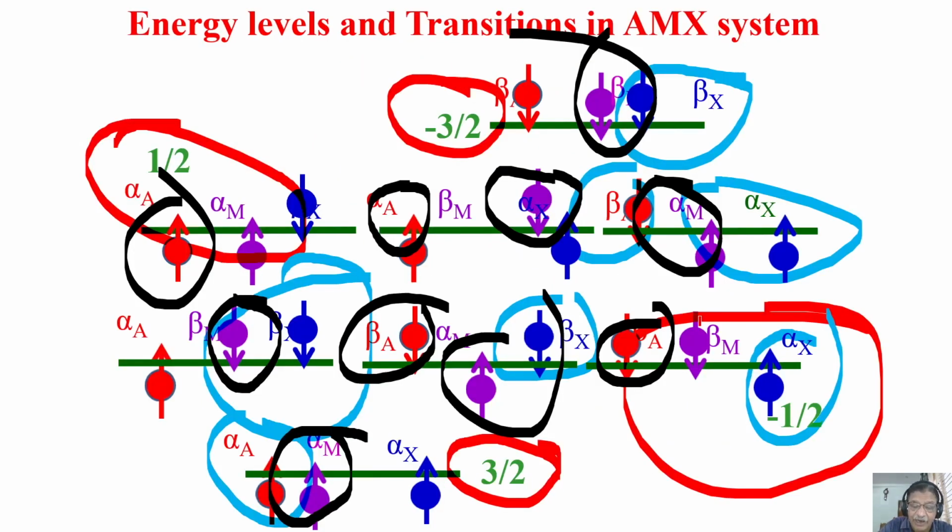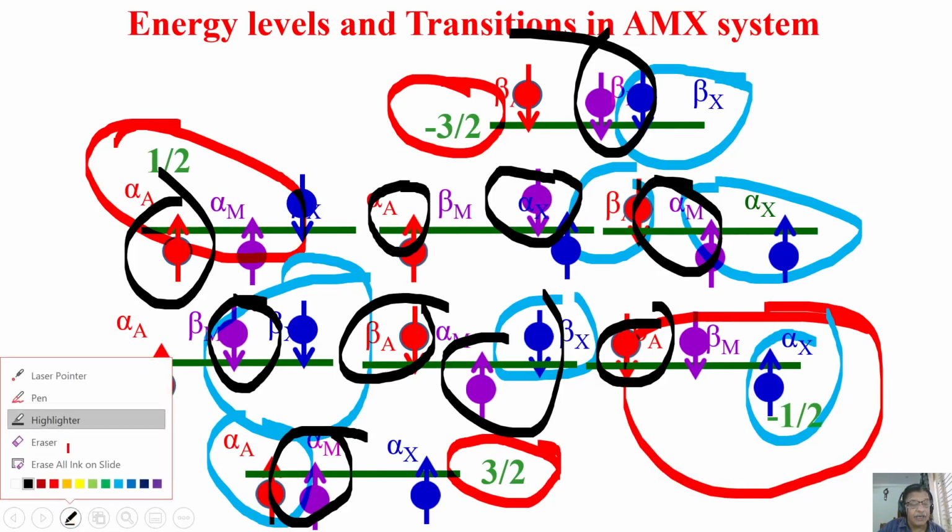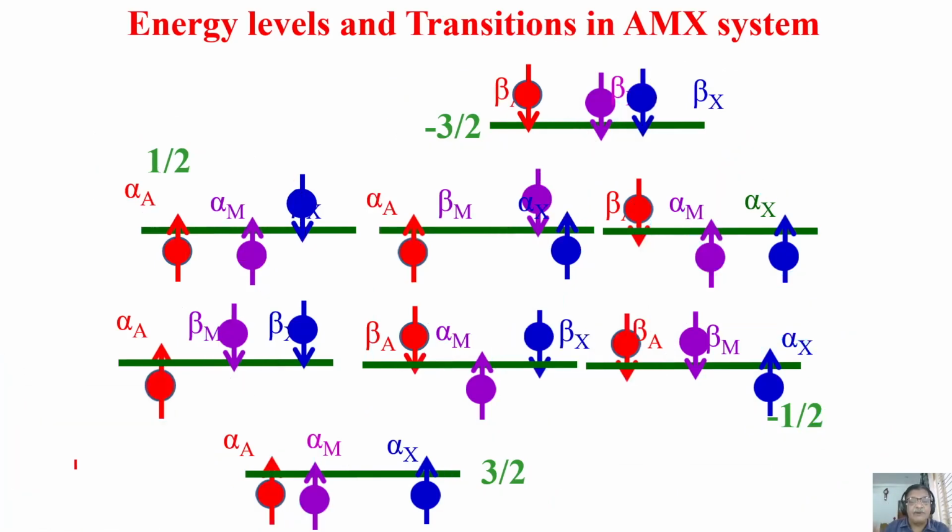So what I'm trying to say is, we can discuss all the possible frequencies, and now we can calculate where these peaks come. If I know the chemical shifts of A, M and X, I can tell where the 4 peaks are coming, which are the couplings involved, like that. So we will come to that. In the next class we will discuss these things.